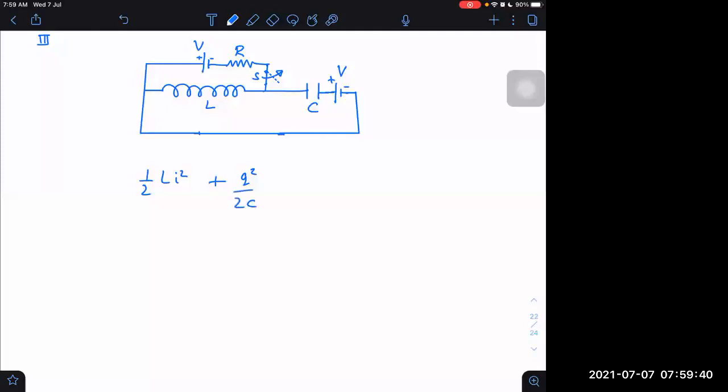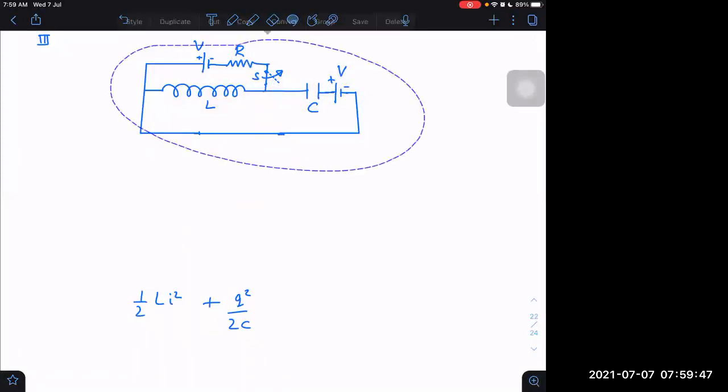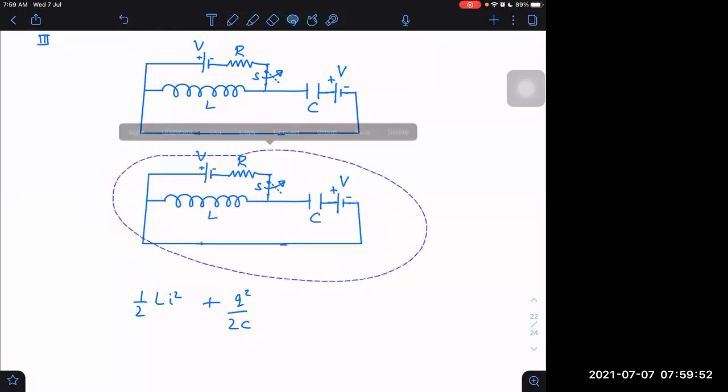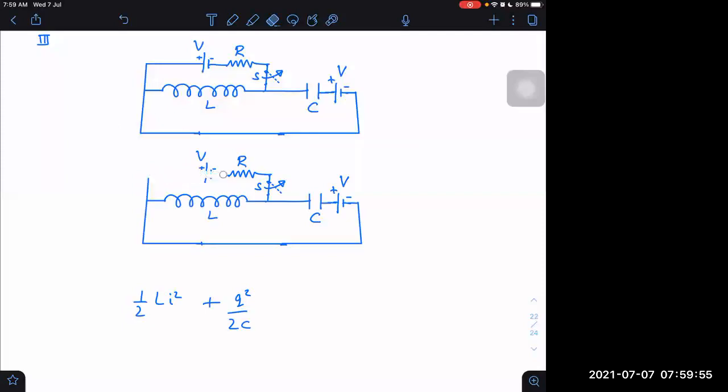I is in which direction? Anti-clockwise. Let me check if you are right or not. This will be gone. It is out of the circuit after opening. After opening, it will be clockwise. That's what I am asking. After opening, it will be in the same direction. It will not change the direction. Here it was carrying this side current. It will keep on carrying this side. This current will become here in the new circuit a clockwise current.